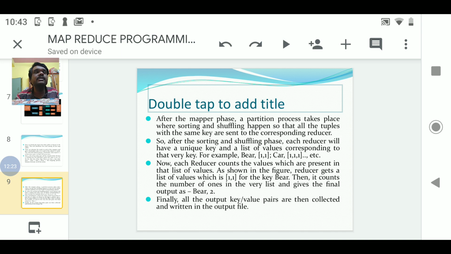How many values are present for bear? 2 values. So the count becomes 1 plus 1, which is 2. Similarly, how many values are present for car? 3. So the count becomes 3 here. Like that, you are going to count the number of occurrences of the unique words present in the file, and this will be the output which will be stored in a directory.